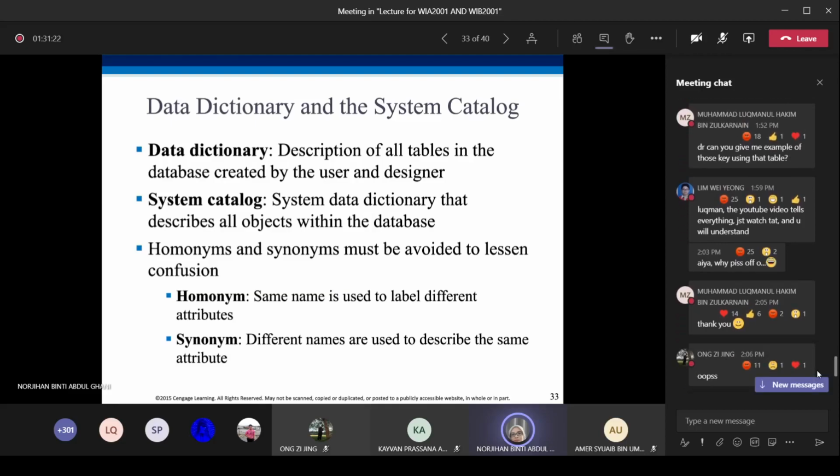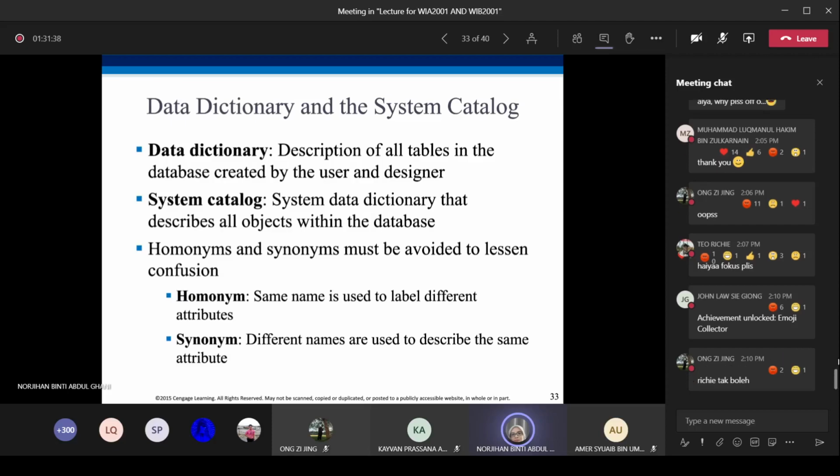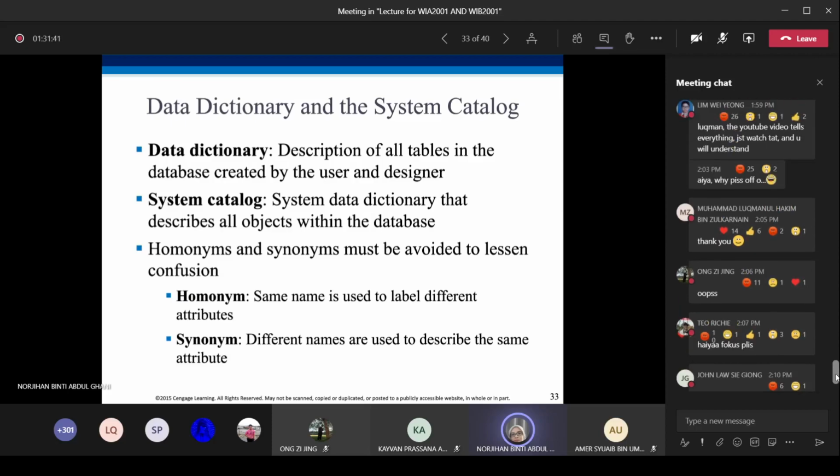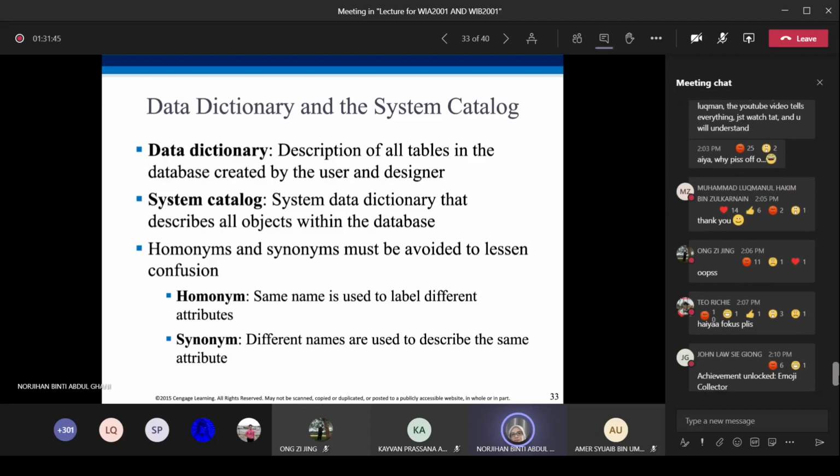Homonyms and synonyms must be avoided to lessen confusion. Homonyms are when the same name is used to label different attributes. So let's say you want to put the student last name; it is better if we put it as student last name, so then we know that refers to the student's last name.